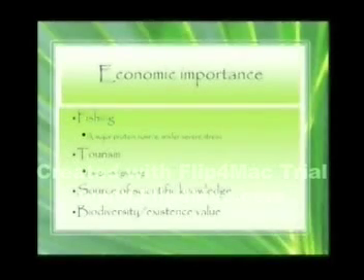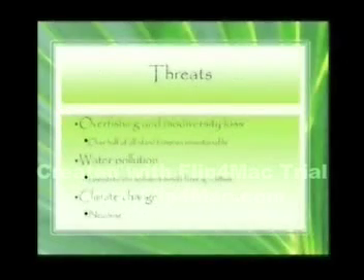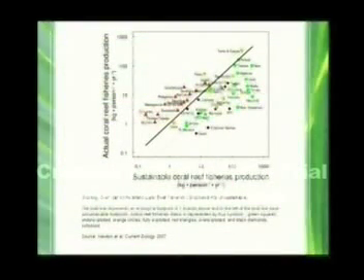So these values are all under threat from a range of sources, which we've already had. I guess the same list has been put up on many of these slides, and so I've got pretty much the same order. Overfishing and biodiversity loss at the top, marine pollution from sediments, and finally climate change, coral bleaching, acidification, and so forth. So I've got just a graph illustrating the problem of overfishing,